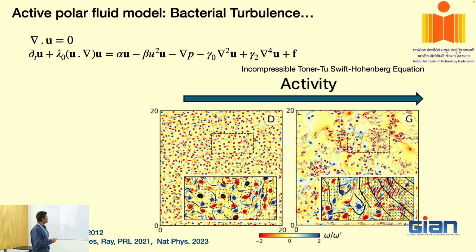One thing I did not define: I'm saying increase activity. There are n number of ways you can increase activity, but in this system you are only controlling alpha and seeing how your system responds and behaves. You can also play with the strength of gamma 0, or the strength of lambda 0, and in that way you can control how active your system is going to be. But here in this problem, alpha is being used as a knob, a control parameter, to tune your activity.